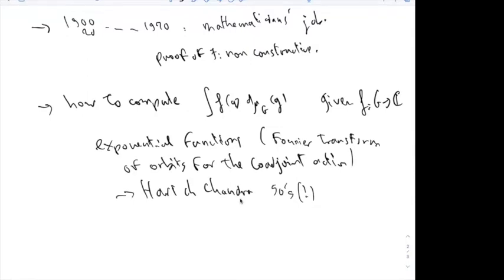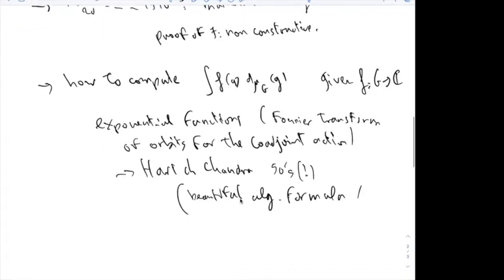If I can get the Fourier transform, I can get everything, which is true in principle. But what is beautiful is that there was a very beautiful algebraic formula, which I'm not going to give,